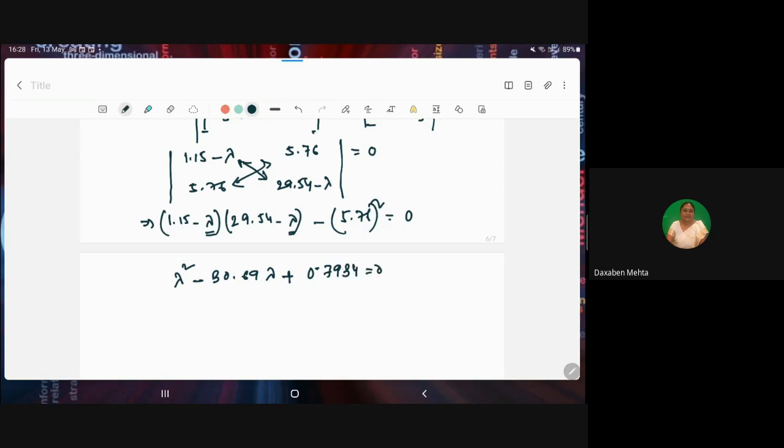So it is an equation from where we can solve the two values of lambda. One is lambda 1 and another is lambda 2, applying the Subhasis rule, and the values are 30.66 and 0.03. These values are actually showing there. These are the eigenvalues. Okay. So these are the two eigenvalues, and now